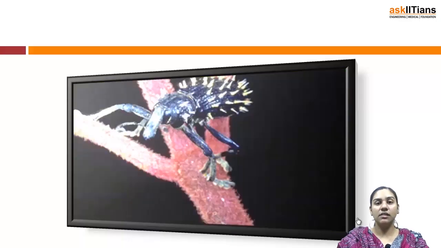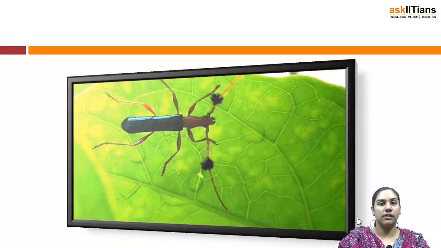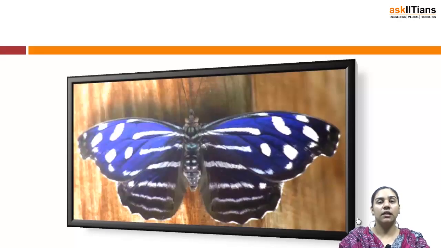The compound eye consists of many small similar units known as the ommatidia. These ommatidia have lenses, and beneath the lenses there are cone cells. Cone cells help in colored vision in the insects. All these ommatidia are connected to a single optic nerve that goes into the brain and sends the signal where